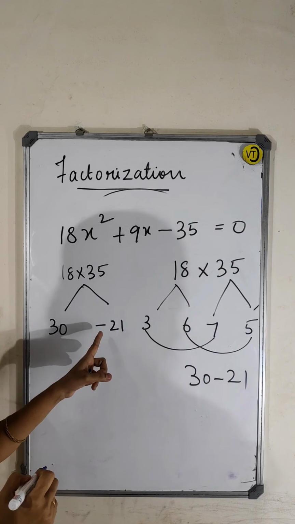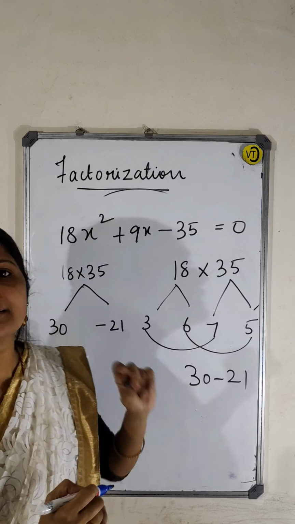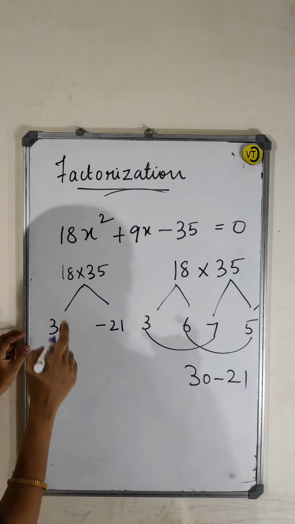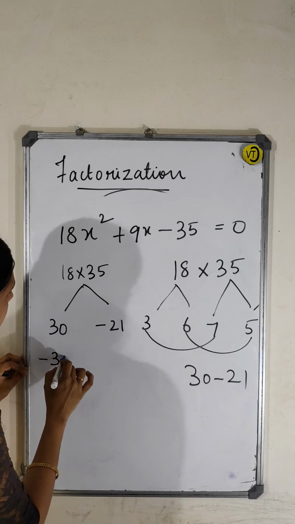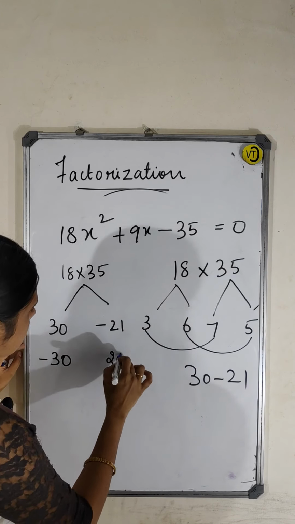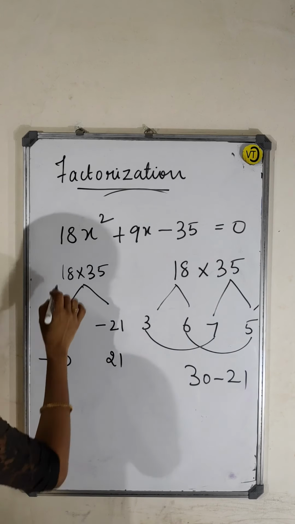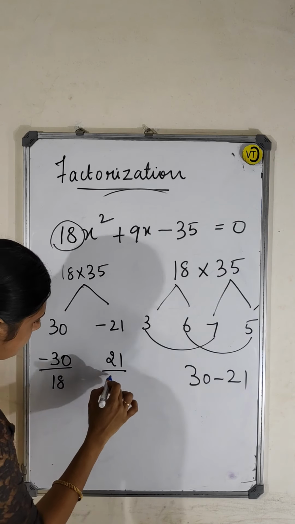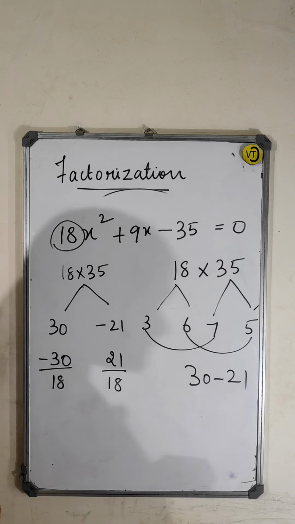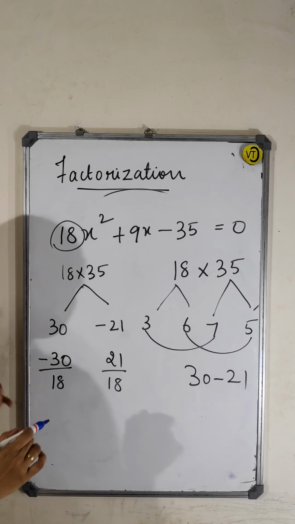30 into minus 21. 30 minus 21 is 9. Yes. So next step what we have to do? You have to change the sign. So minus 30, then it is 21. Then after that you have to divide the coefficients. So by 18, by 18. So minus 30 by 18 is like,